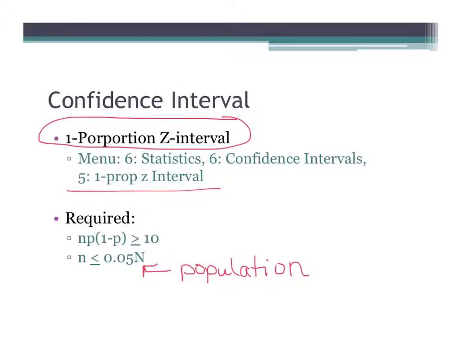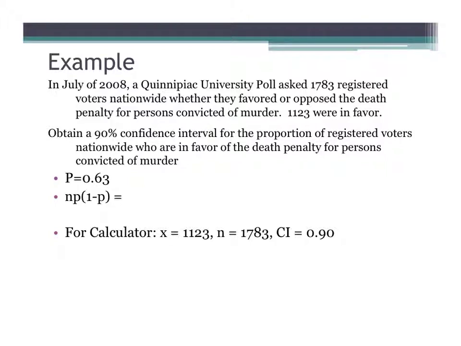So we're turning back to our previous example about the 1,123 people in favor of the death penalty for those convicted of murder. They asked us to obtain a 90% confidence interval for the proportion of voters who are in favor. So that means our p hat is 0.63 because we calculated that on the previous slide. And then we need to check first that n times p times 1 minus p is greater than or equal to 10. So if we plug that in, we would get